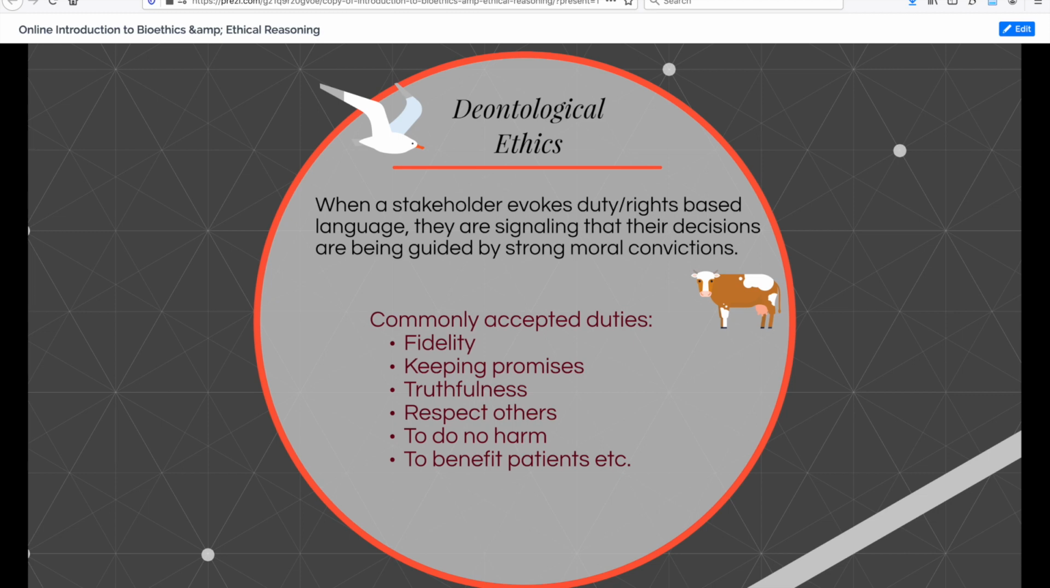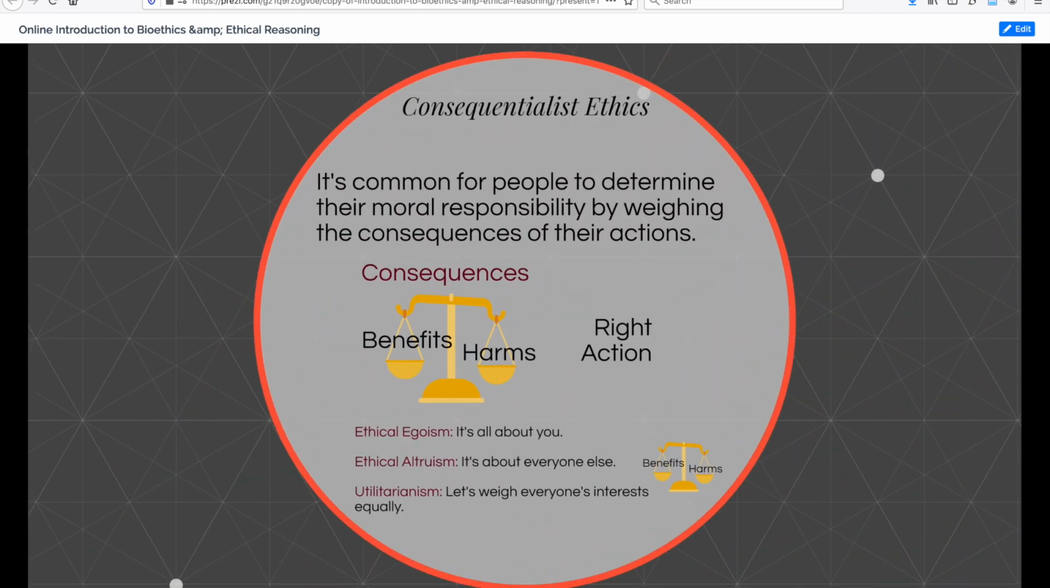But when we start looking at the beliefs and values that people hold, this type of ethic plays an important role in decision making, especially in the medical context. All right, so we have deontological ethics. Now, another type of ethical theory